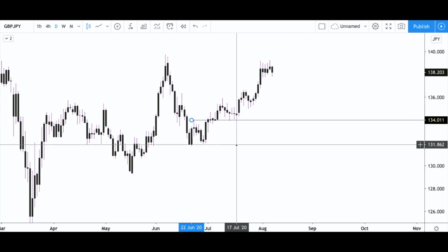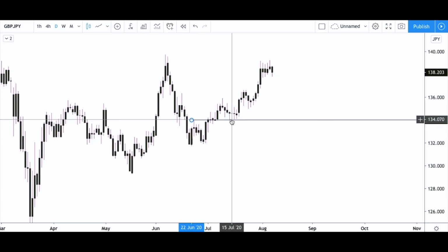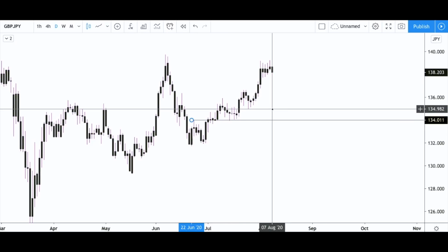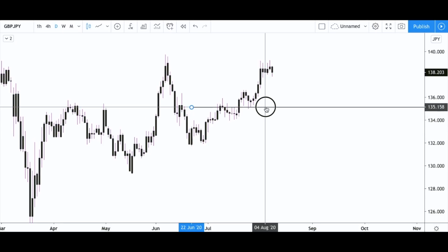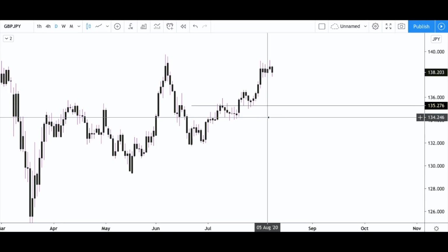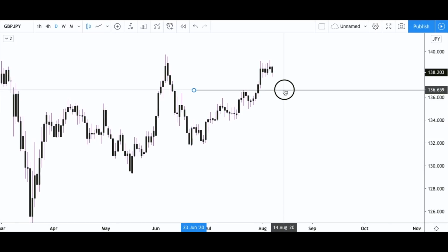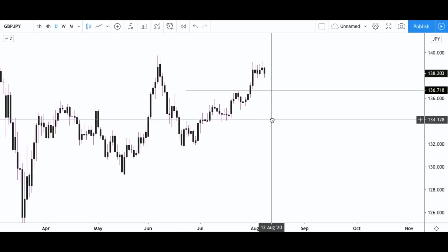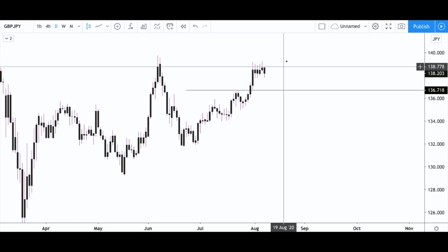So we have this level of support where price had our first impulsive move, and then we came back, tapped into it, and then we pushed up to create our second impulsive move. Now when we pushed up for that second impulsive move, we came up and tapped this level of support. Now I'm expecting the same thing to occur right over here, and our target is going to be at 136.750. I'm waiting for price to come back in here to tap this level of support before continuing to push